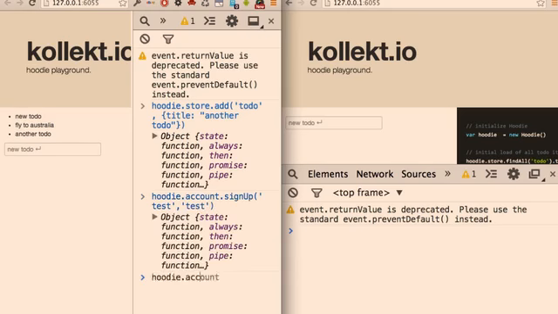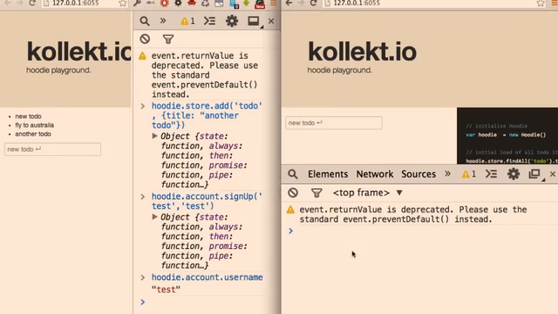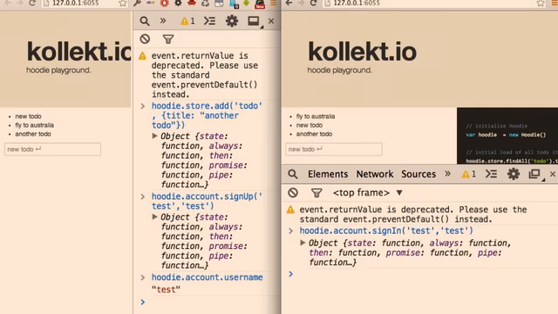And I've got a user, and data gets synced to the server. And just to check it, we can check the username. Cool, works. Now we sign in on the other one. And immediately, everything gets synced back from the server.